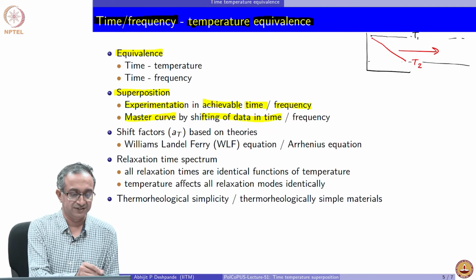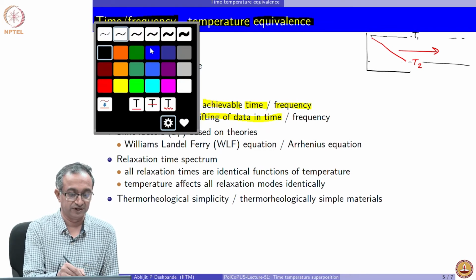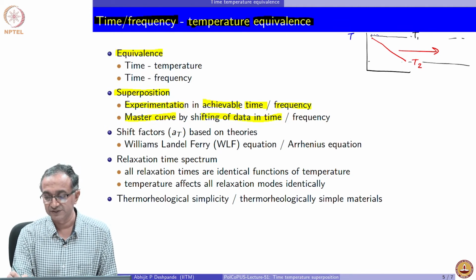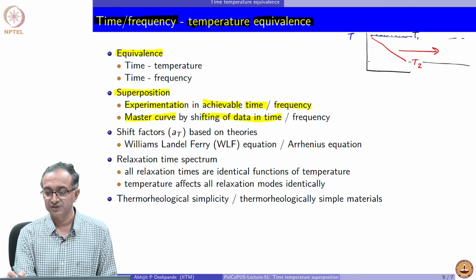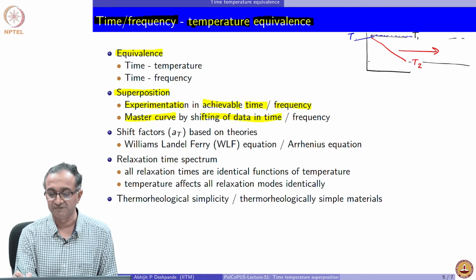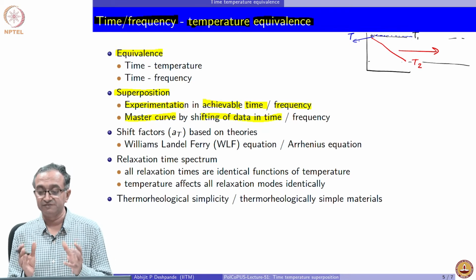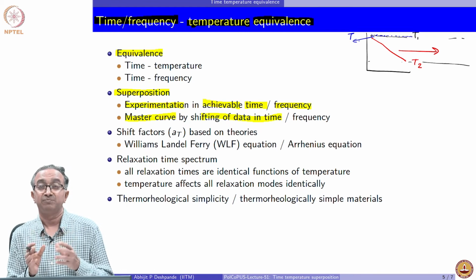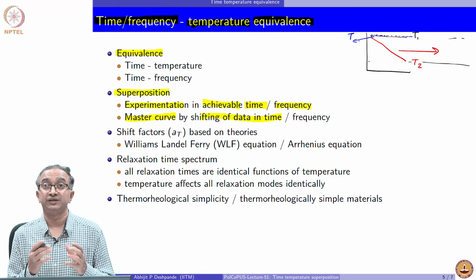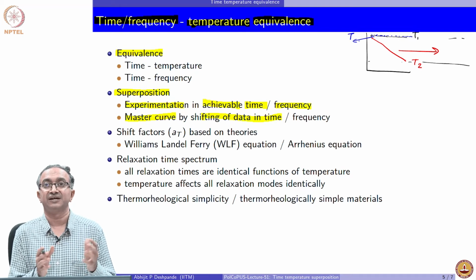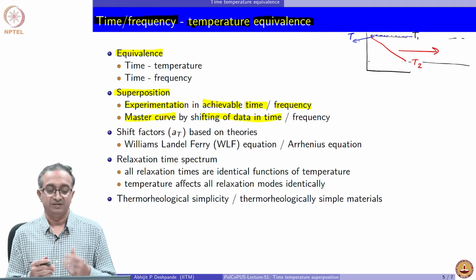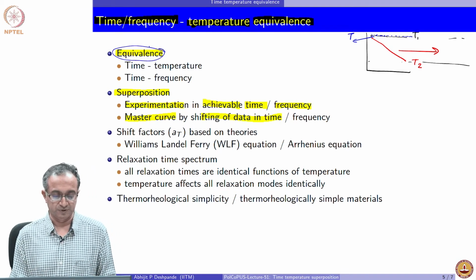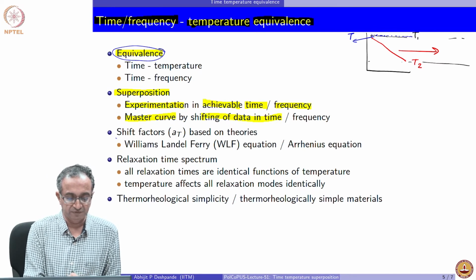Similarly, if I do the same test at a much less stringent condition, so let us say a colder temperature T, then the change will be much more gradual, and so this will have to be shifted to the left, because that gives me the performance at much lower time. So, I can choose generally a reference temperature and then I shift the data to the left or right depending on this idea of the equivalence. So, equivalence is central to the time temperature superposition,